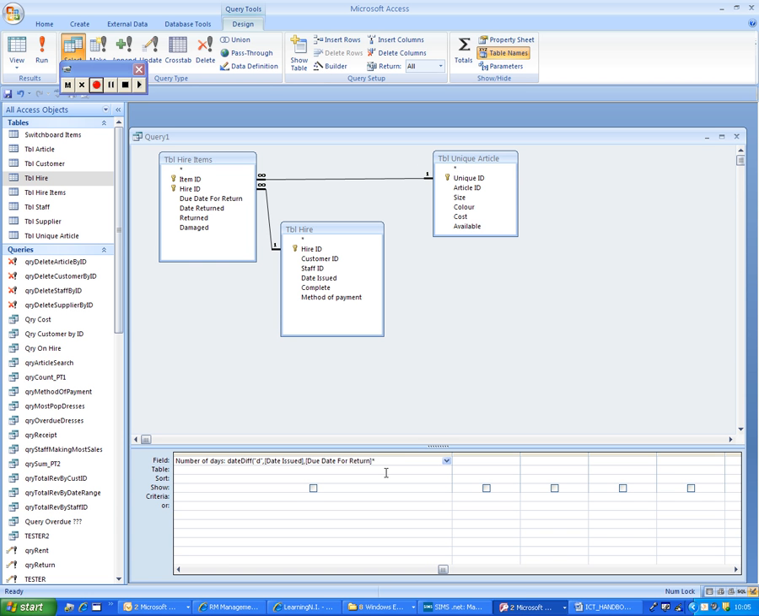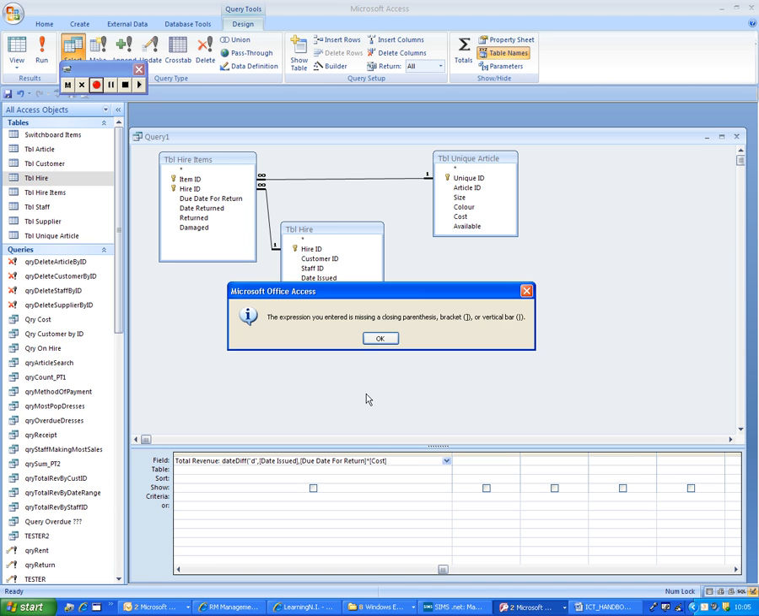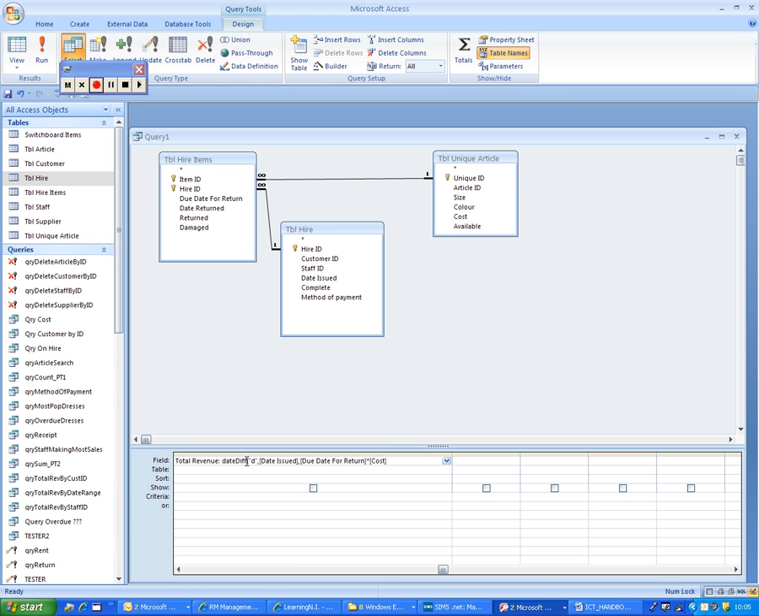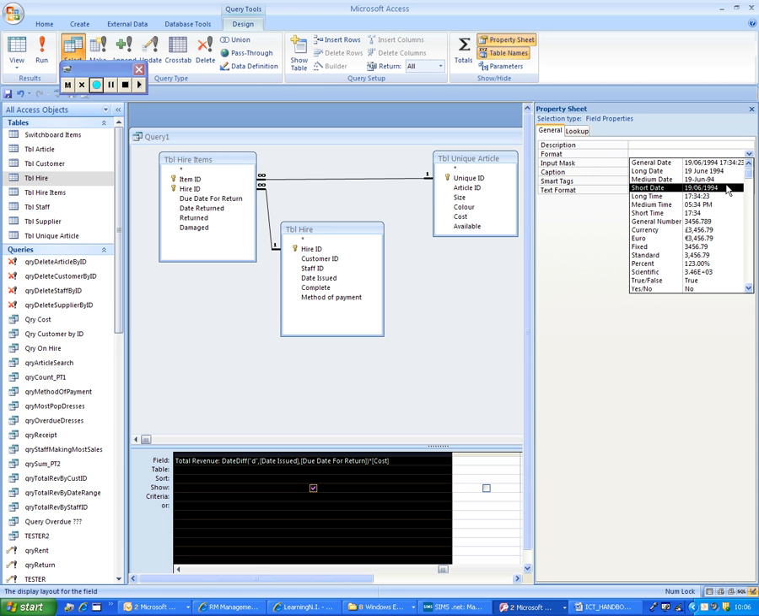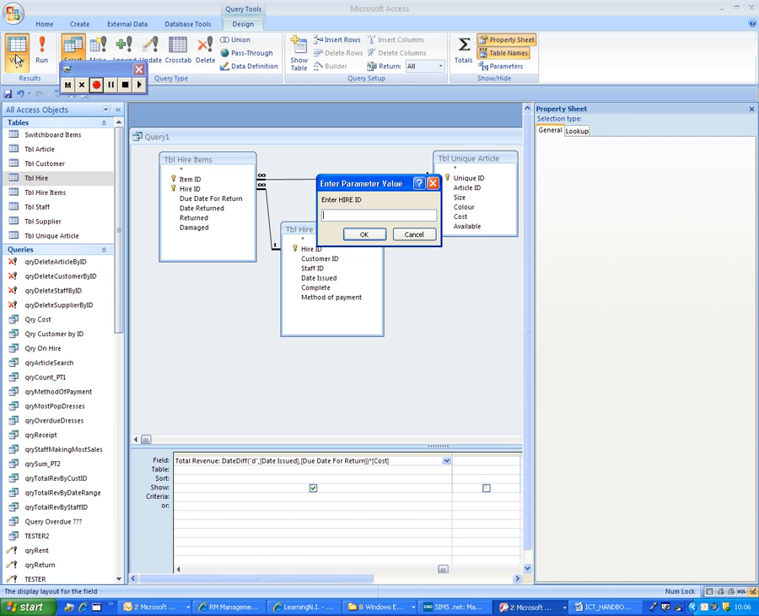And what I'm going to do is multiply that by the cost of the item. So let's rename that total revenue. That's going to calculate the number of days that an item's out on hire and multiply that by the cost. I need my closing bracket there. I'm going to close off with that date difference formula. And I'm going to change that to a currency field. So if I run that now,